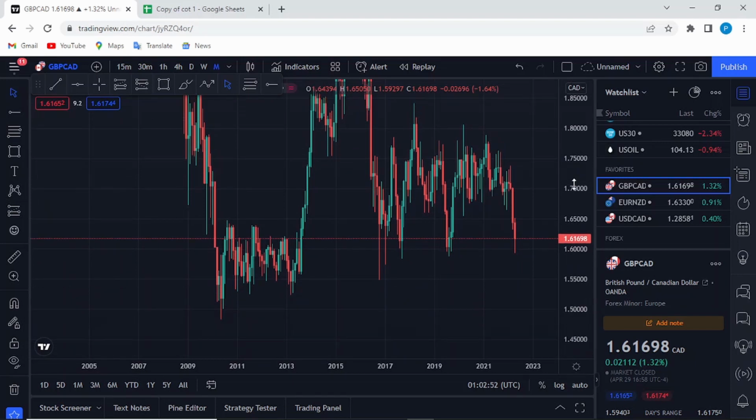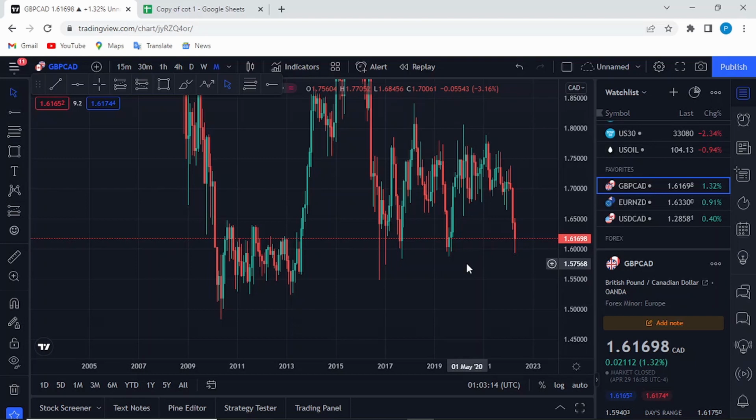Now the thing is, you look for direction from your higher time frames like the monthly, the weekly, and the daily, and then you look for entries on your lower time frames like the 4 hour and the 1 hour. So that is what we are doing now. We are trying to determine the direction of the market from the higher time frame. So on the monthly, we can see that